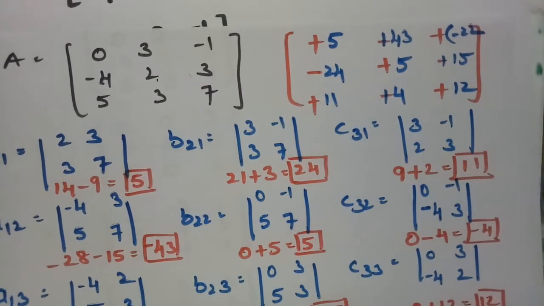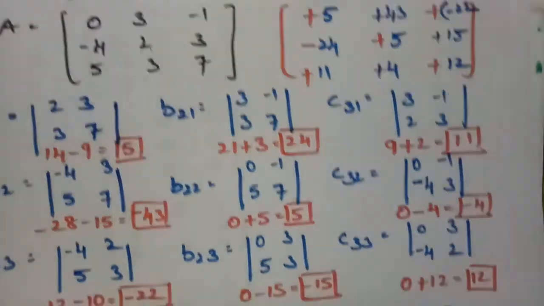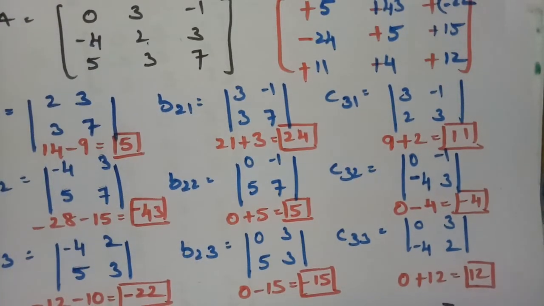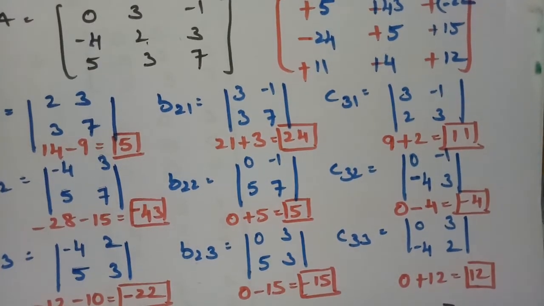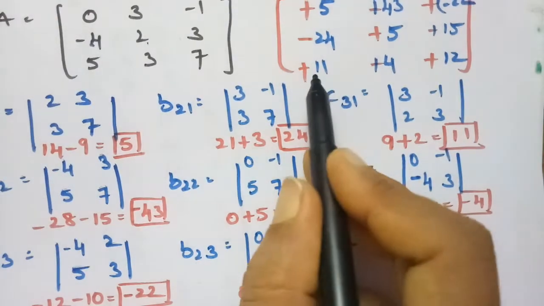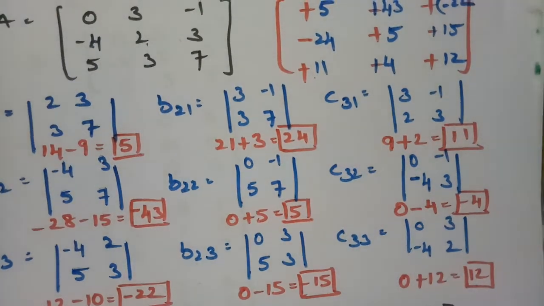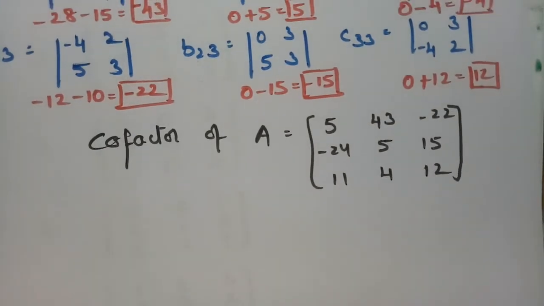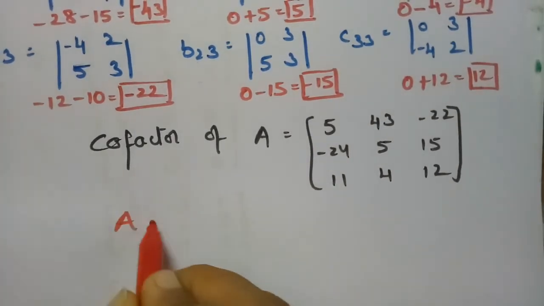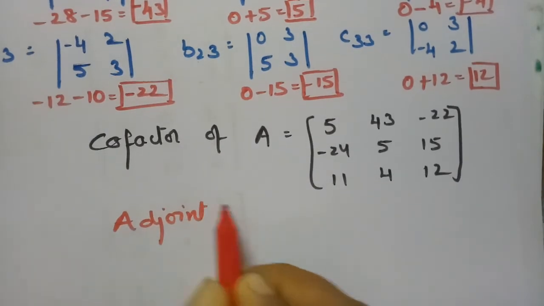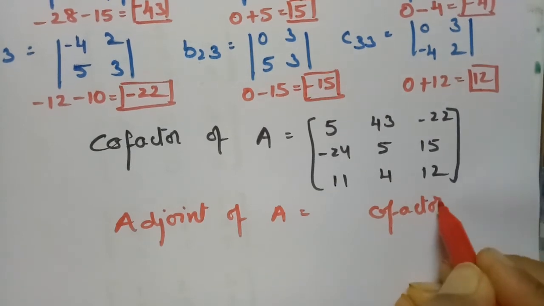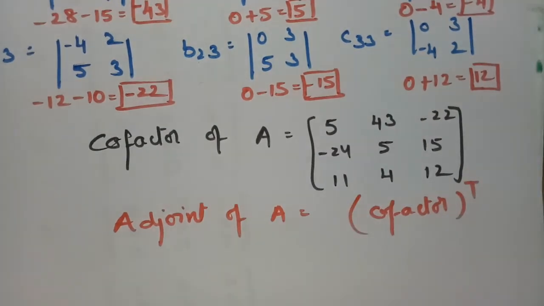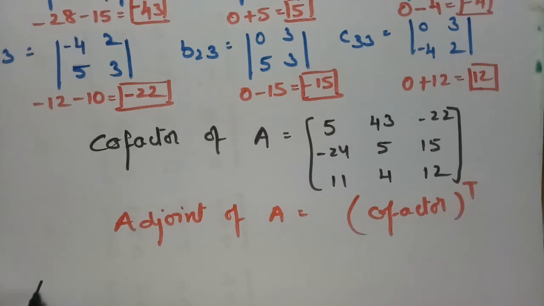After finding the cofactor, I got cofactor of A. So cofactor of A is nothing but 5 43 minus 22. This is 5 43, this is minus 22. This is 24, 5, and this is minus 15. And the next one, 11, 4, 12. After finding this, adjoint of the matrix A is nothing but cofactor transpose. So we have to transpose the cofactor of A. So adjoint of A value will be,